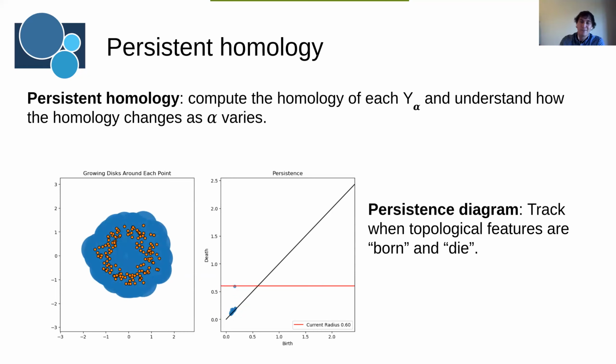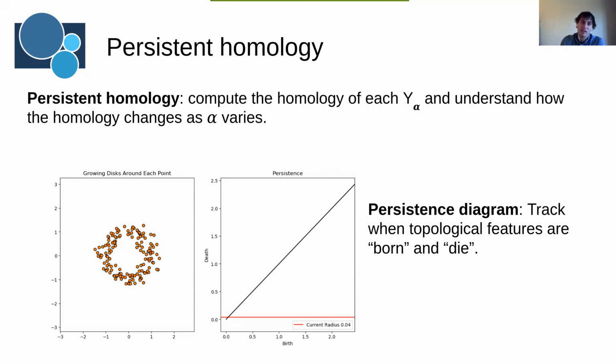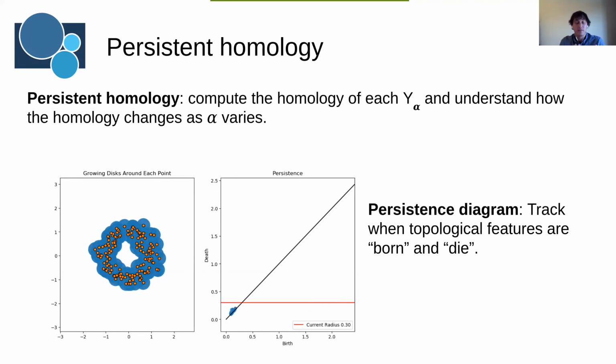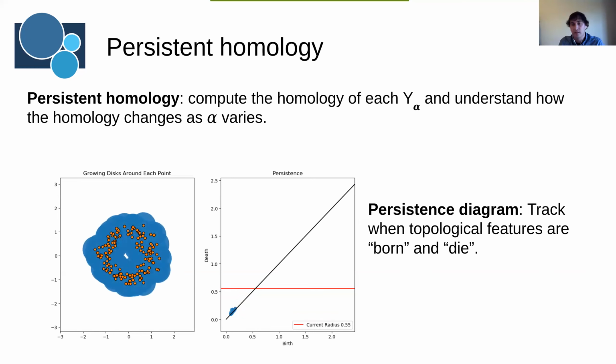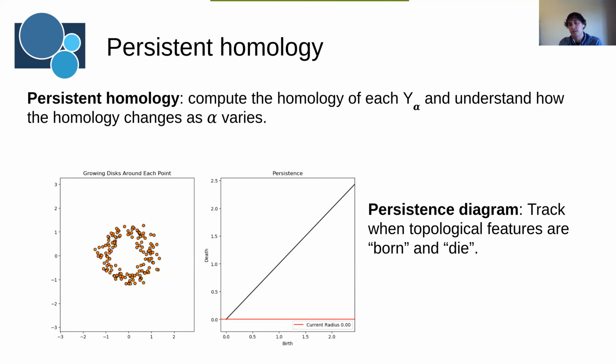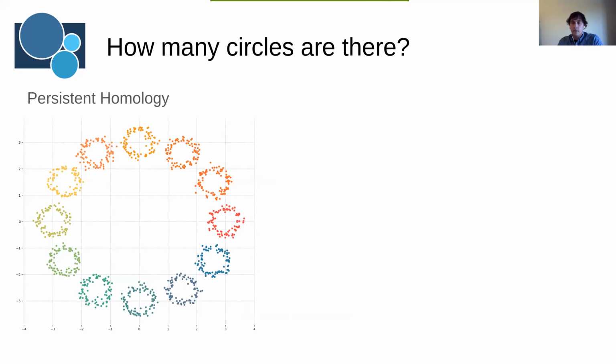Okay, so this is the main tool we're going to use. This is what I mean when I say multiscale geometry. I mean understanding the topology of the Vietoris-Rips complex, and thinking of that as a proxy for the topology of the data set. Of course, the data set is a finite set of points. It doesn't have topology, and so we infer that from this construction. Okay, so now